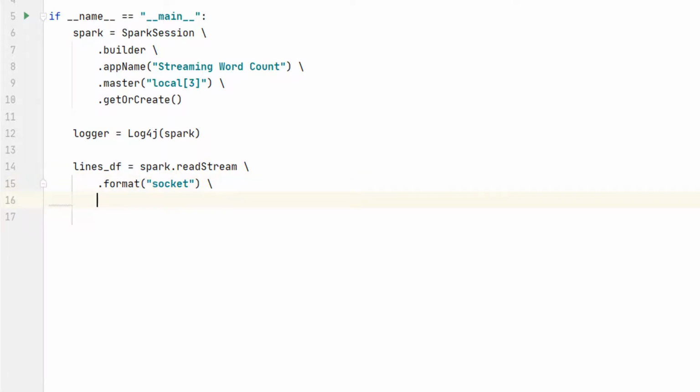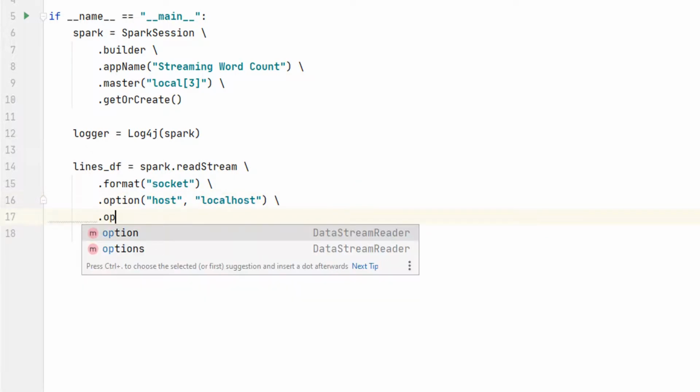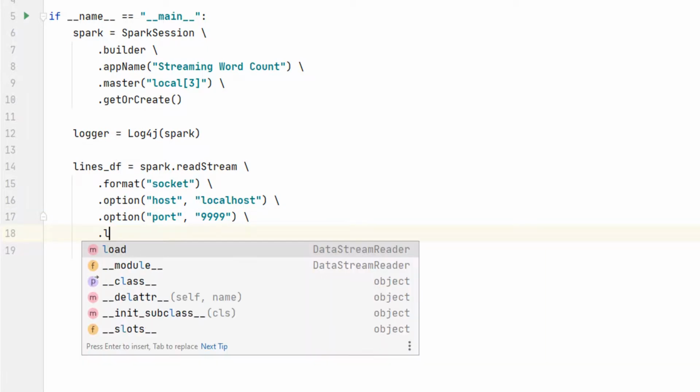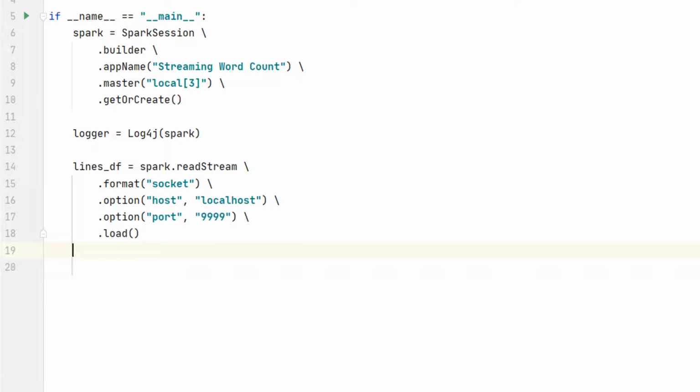The first option is the host and the second option is the port. That's all we need. Finally, we load the data frame. This code returns the same data frame which you are already familiar with. I mean, you can apply almost all kind of data frame transformations and work with this data frame as you work in the batch processing application.